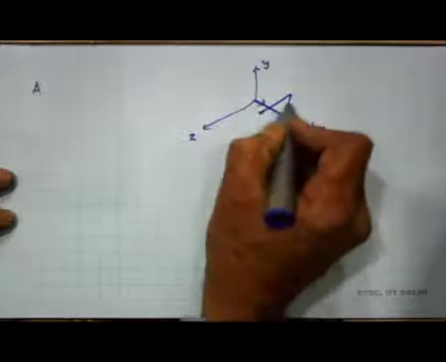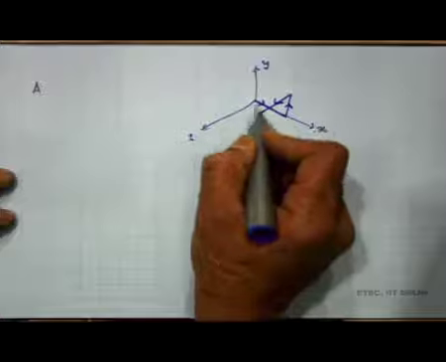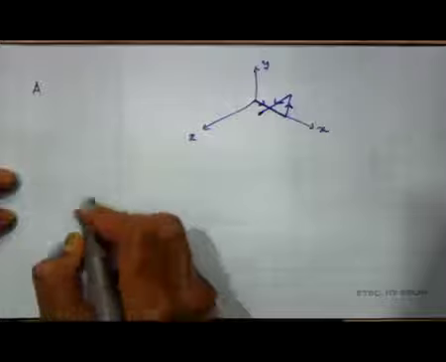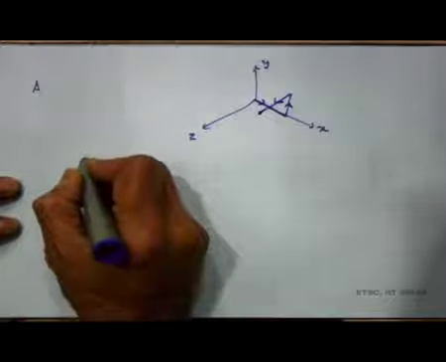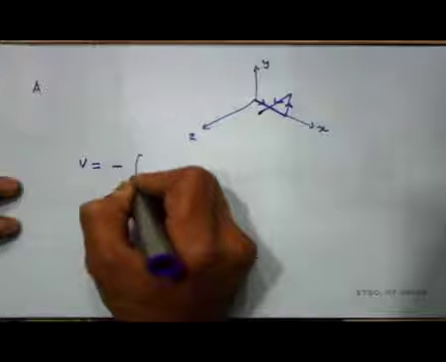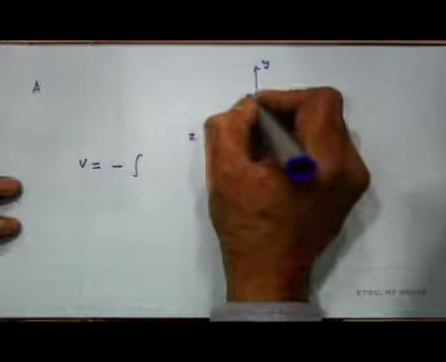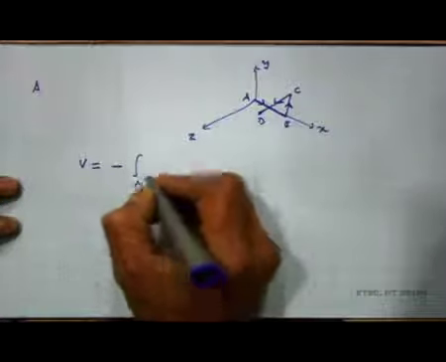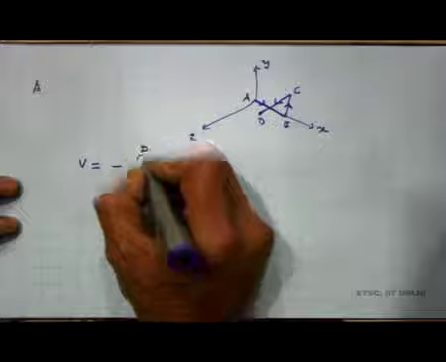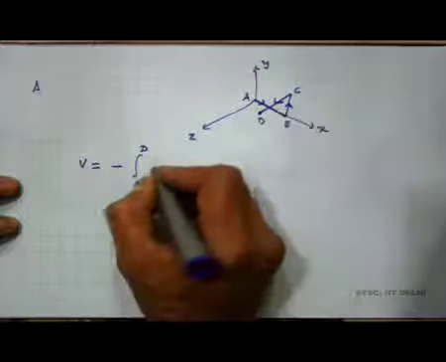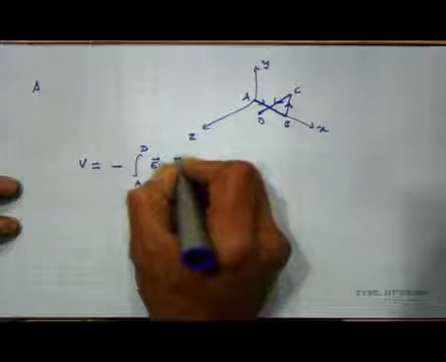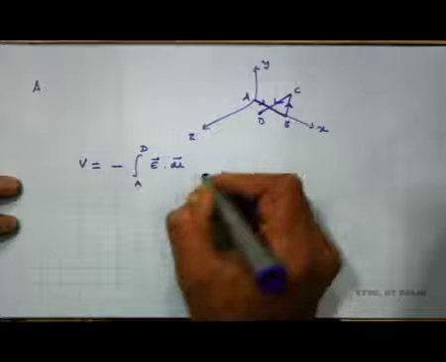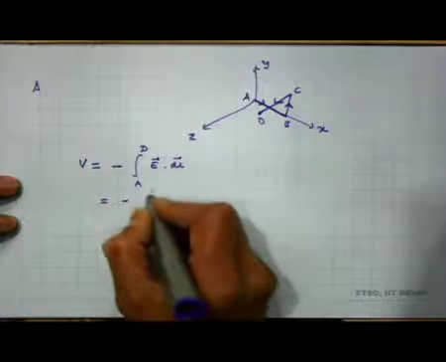So, I have to calculate the work done, a potential difference between this point and this point, and the potential is actually nothing but minus integral. Suppose I call this A, B, C and D, A to D along the path shown, E dot d l. I can just choose any path, but I would like to choose this path for simplicity. So, this actually consists of 3 parts: minus A to B